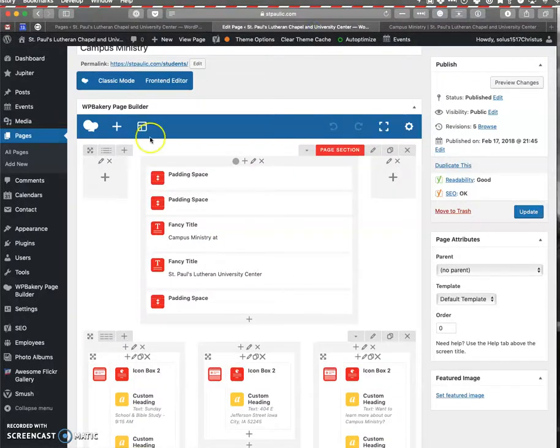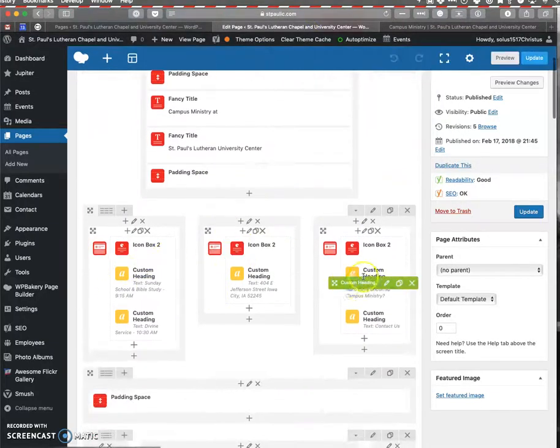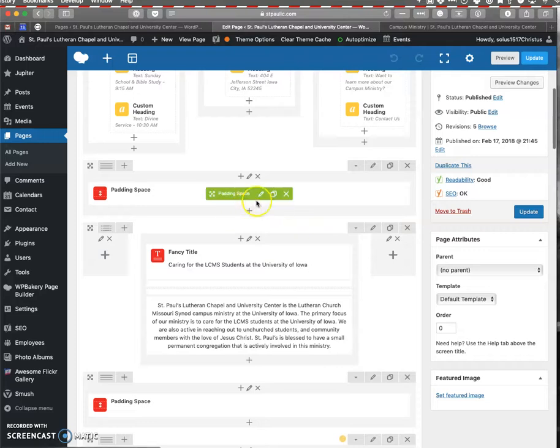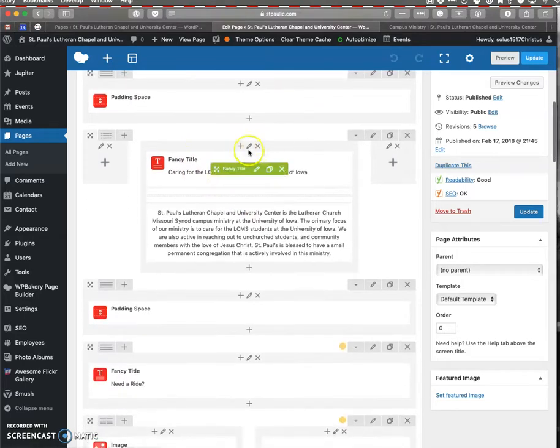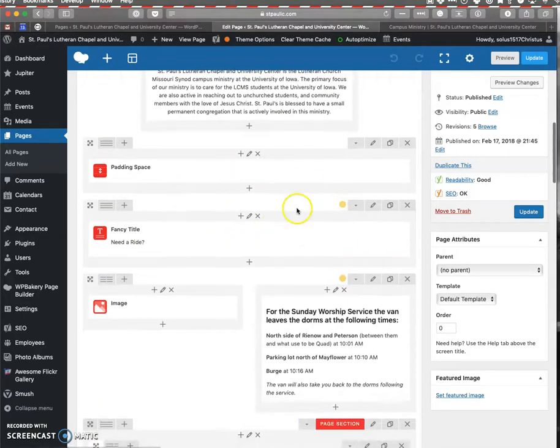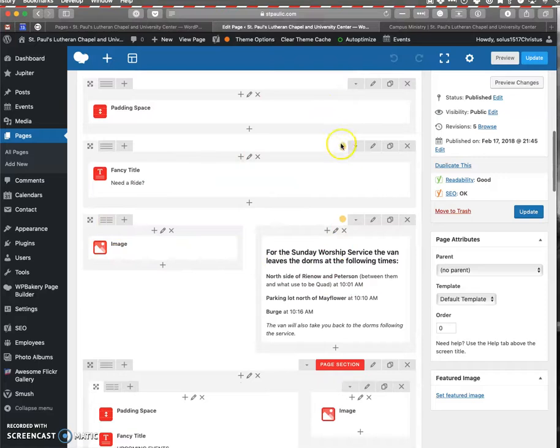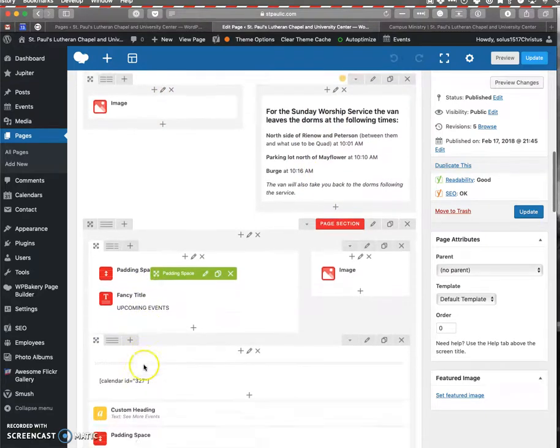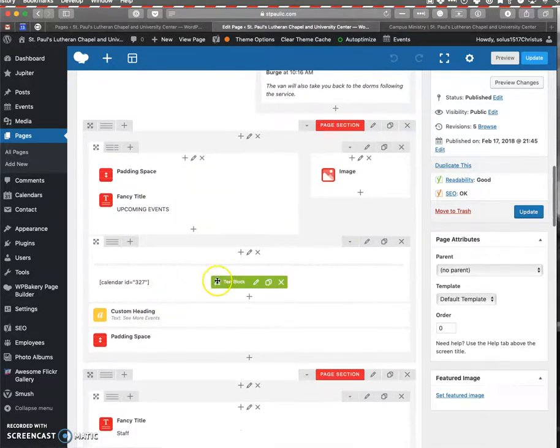Then on the back, you got this main section, 3 icon boxes here, some spacing, which is just to keep basically this heading away from the bottom of these colored boxes. More space. You can see that the background color here is yellow based on this little dot. You got the image of the van, you got the van schedule there, upcoming events, and then the events themselves